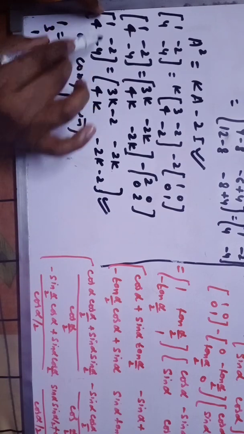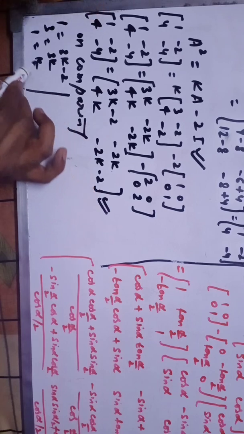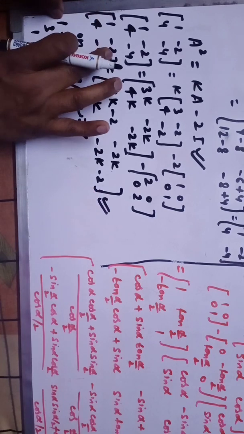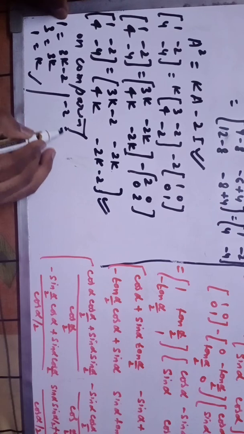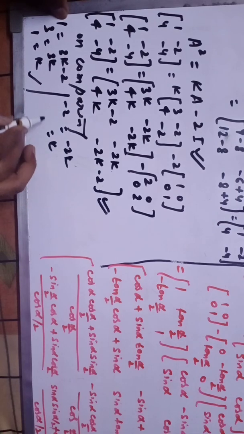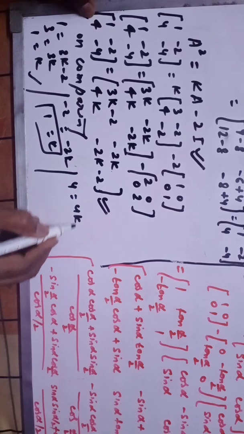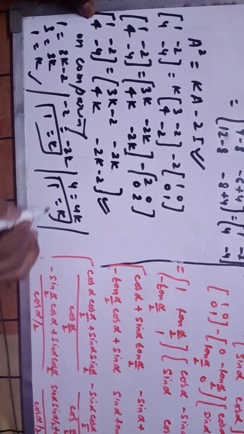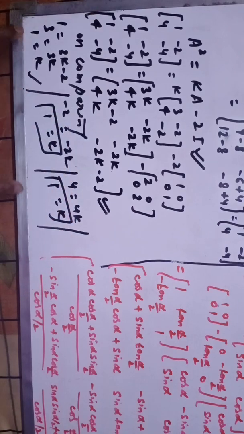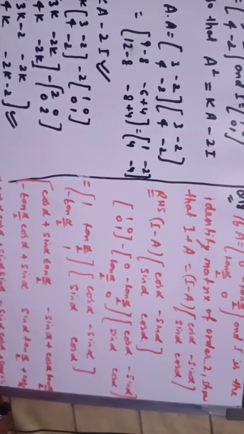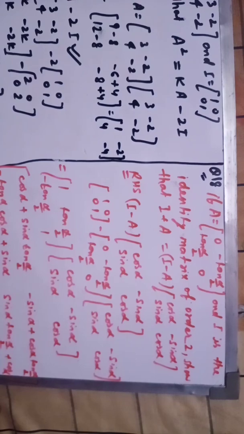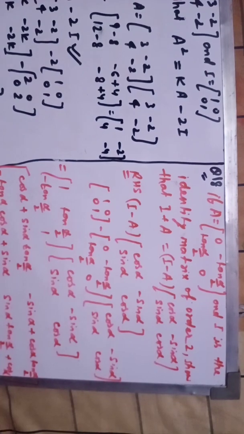And here you have to compare each side. 1 is equal to minus 3K minus 2, where I am showing it, but you have to show all parts. Here minus 2 is equal to minus 2K, so your K would be 1, and here your 4 is equal to 4K and your K would be 1. And similarly the last, you have to solve every part, and after solving you will get the value of K. This is how you can solve question number 17. It was very easy. But question number 18, this one, is a little bit tough and you have to concentrate properly.